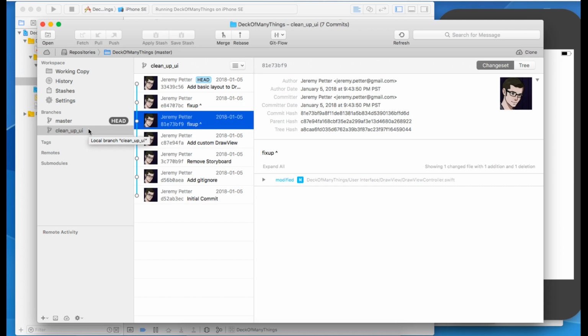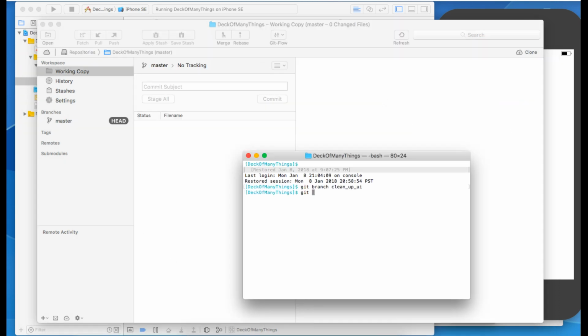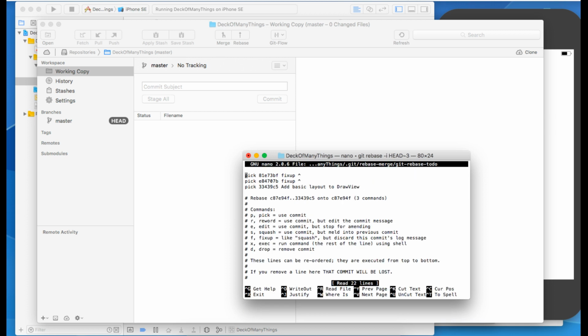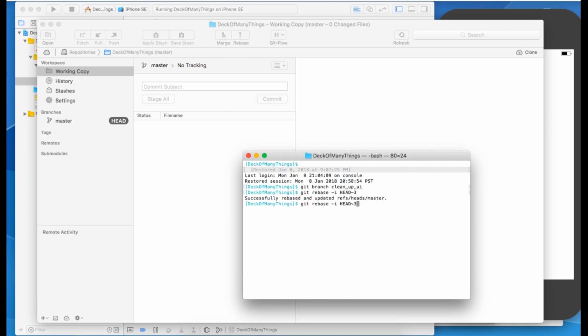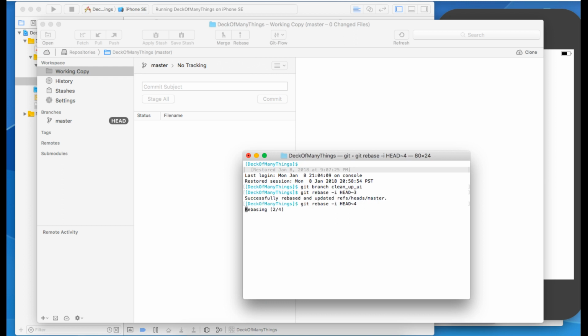So, just for expedience, I'm just going to delete that for now because we haven't done anything with it. Git rebase. Just going to merge these fix-ups in because I forget exactly what I was fixing, but my clever notation tells me that it's whatever the previous commit was. Okay, so now